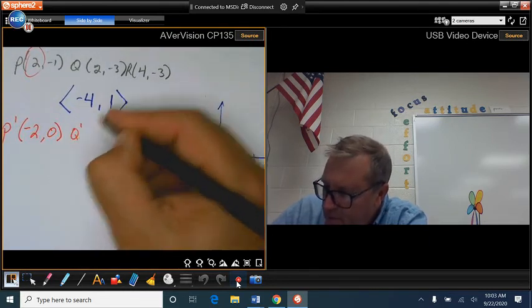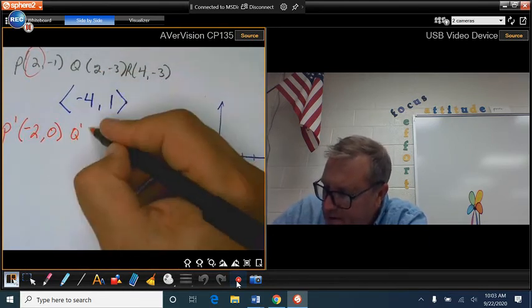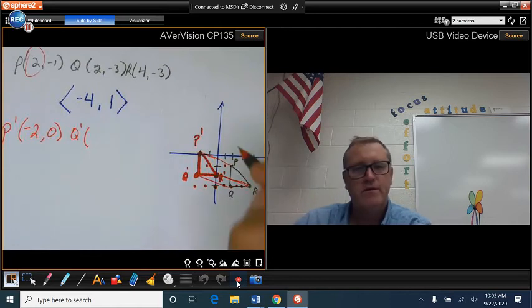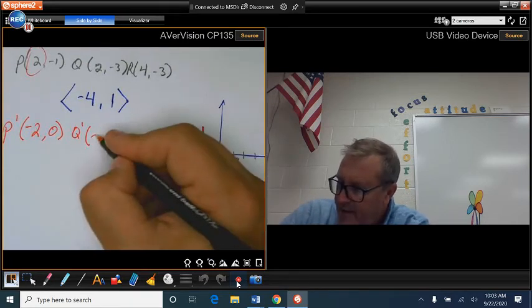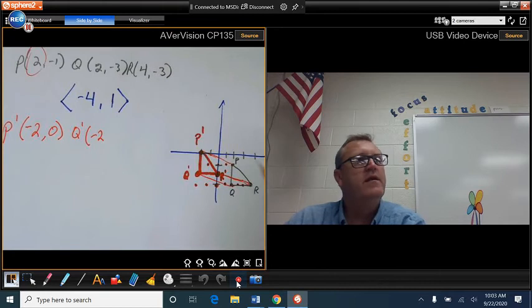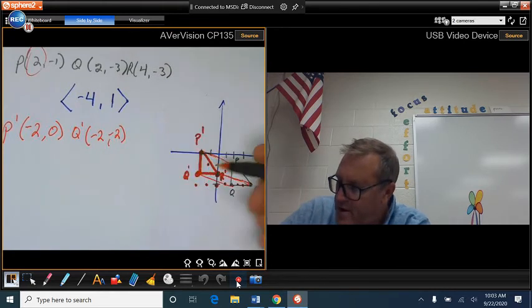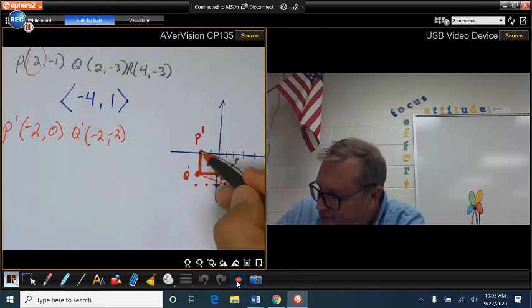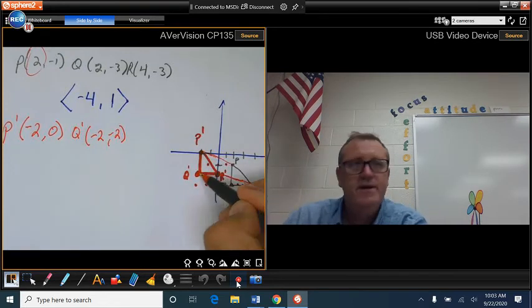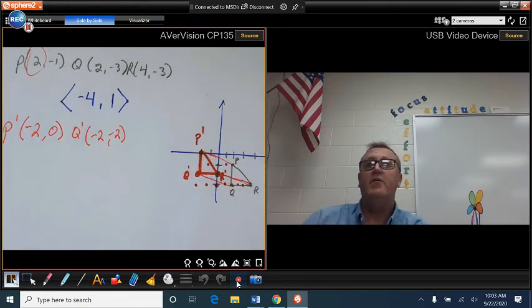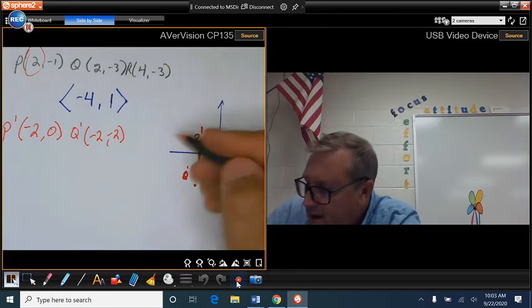Q prime. What is 2 plus negative 4? -2. And then what is negative 3 plus 1? -2. That should be the coordinate of Q prime. Let's see. Negative 2, negative 2. It is. See how I'm doing it mathematically as well as on the graph? Okay. And then